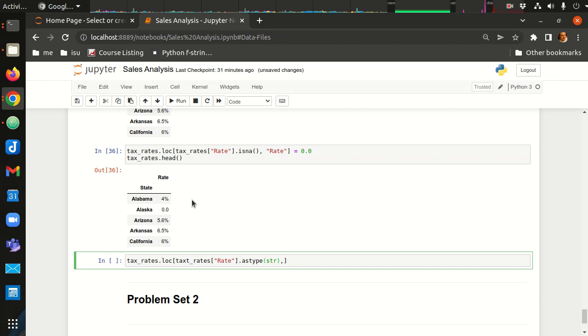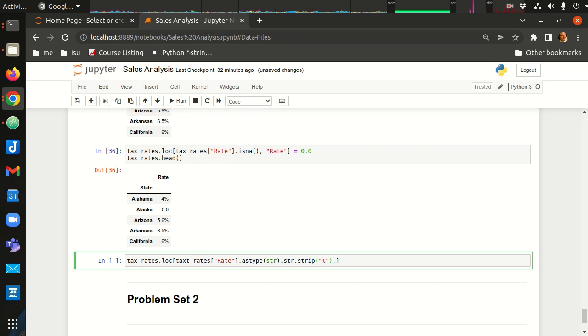So we're going to cast all of these as strings, even though this one's not a string. Then we can call the string method, .str, and the string method that we want to call is strip. So we're going to strip the percent values,